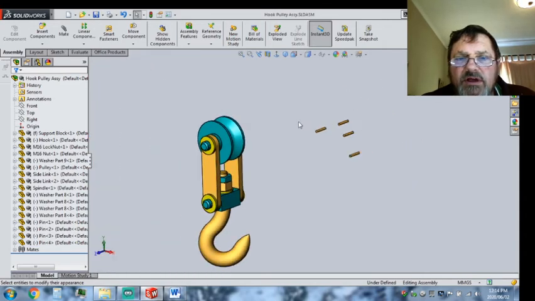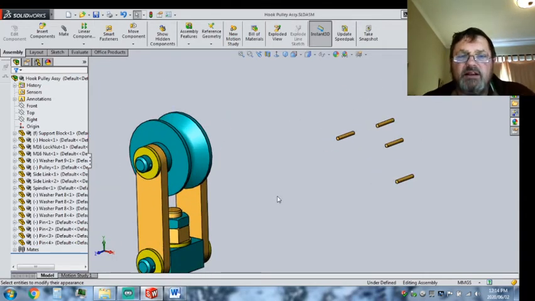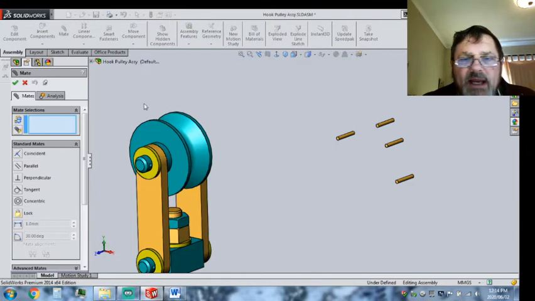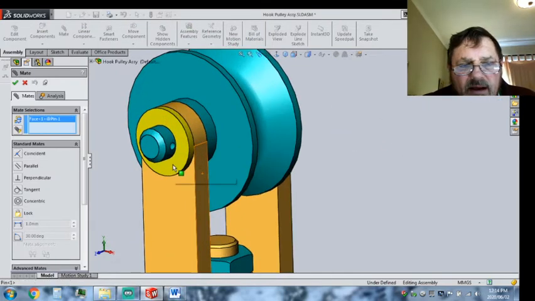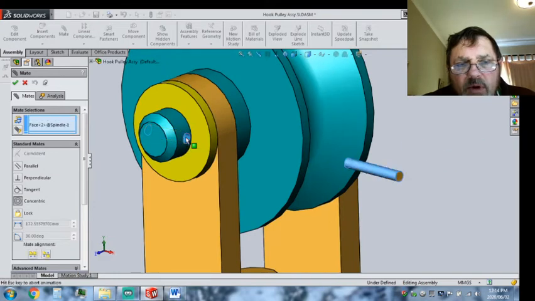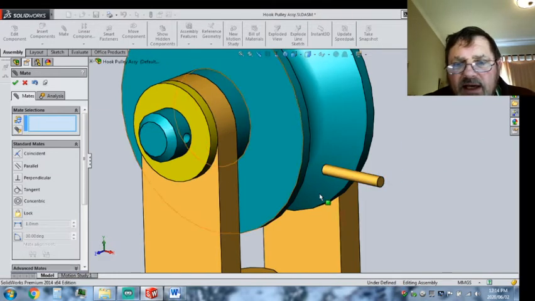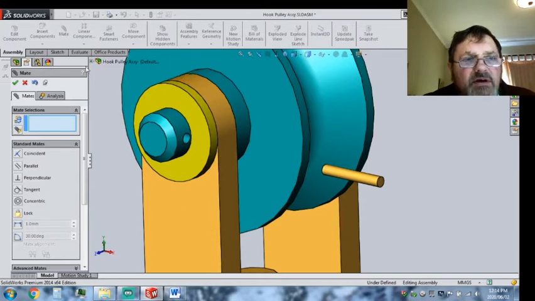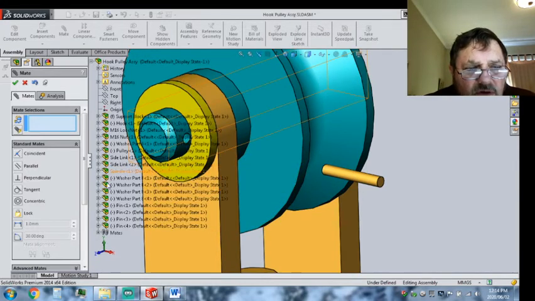Now let's start in mating the pins. The pins, we're also going to mate their planes with the planes over here so that they also don't fall out, otherwise they're going to go all over the place. So we're going to go mate pin number 1 in hole number 1. There he is, right click. Then I'm going to start with these, and here's where we start here. So we're going to start off with